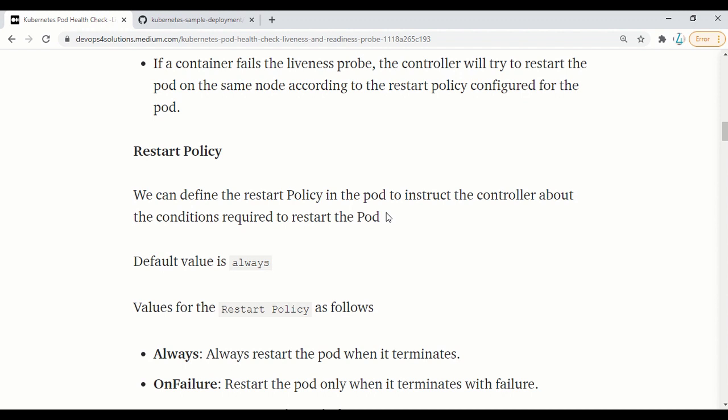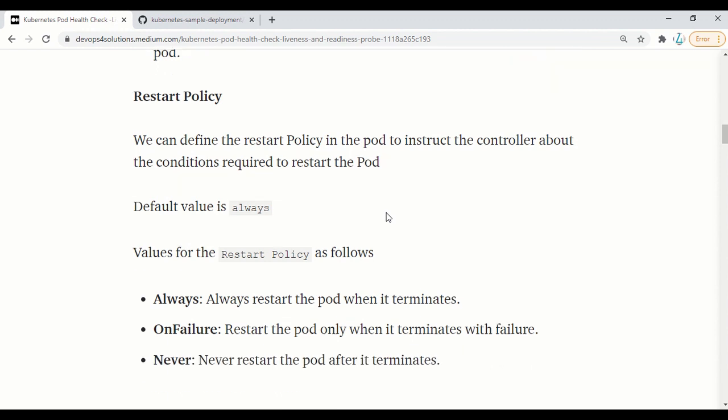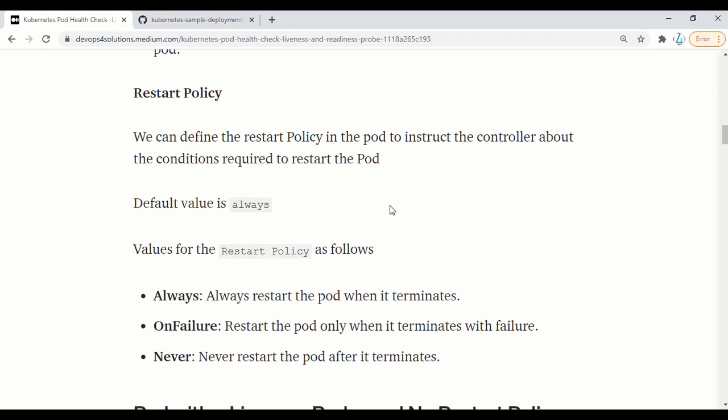Like, do we want to restart the pod always, only on failure, or never? By default, the restart policy is always. If we don't define it in the YAML file, then it always restarts whenever your pod terminates.